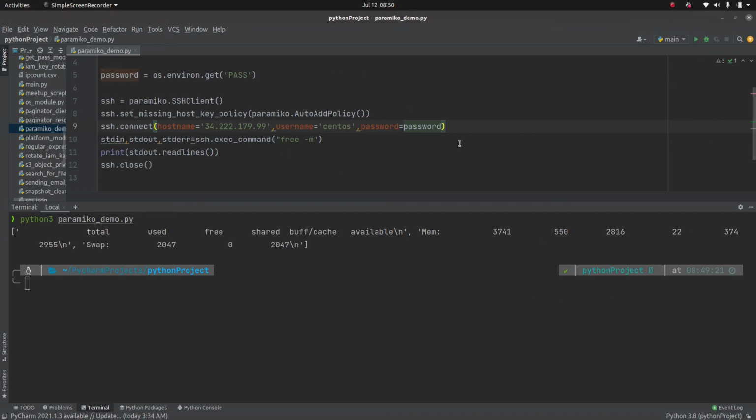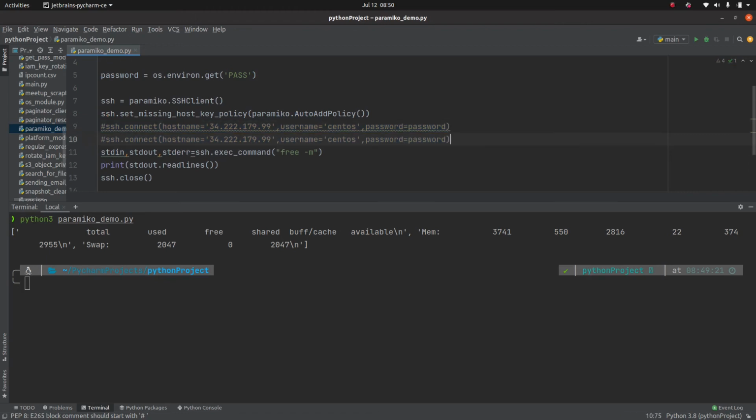So what I mean by that, let me comment out this line. Okay, and let me do one thing. The rest of the code will remain the same. The only parameter which is going to change is called key_filename, and here you need to specify the location of your key.